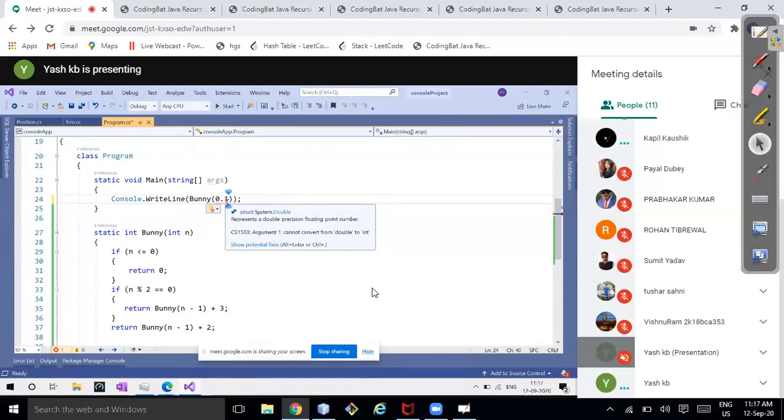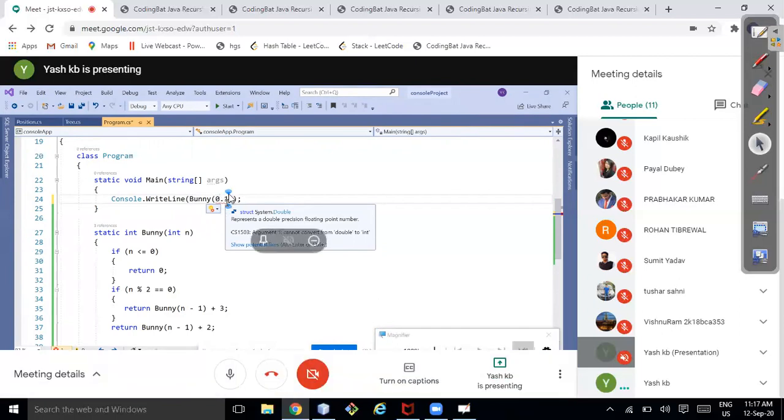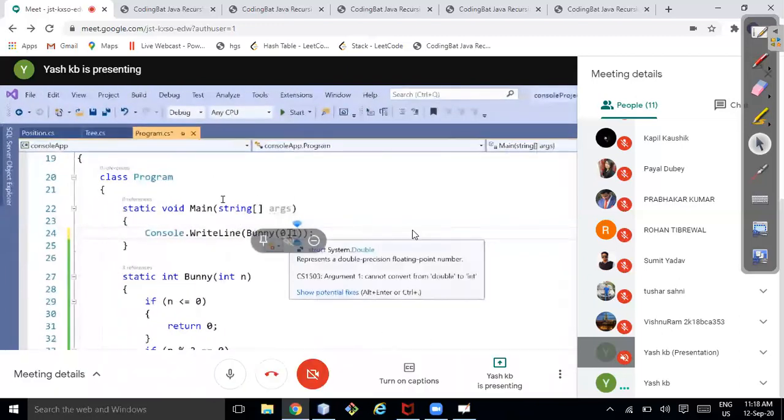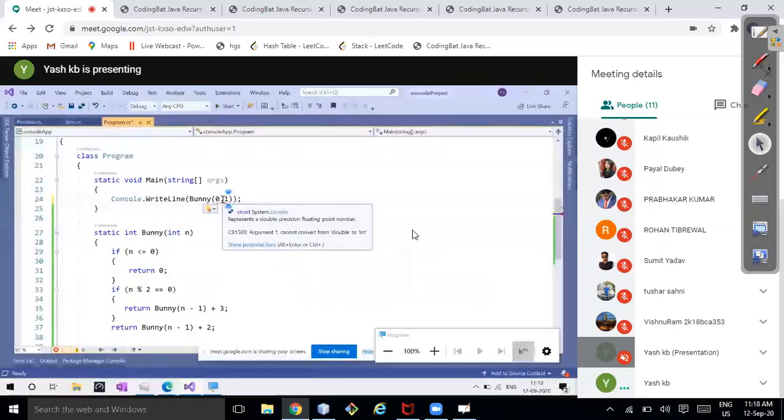Correct. Now your function is very correct. So your function is expecting int n, so whatever the range of int, it will be accepting, right? Now it won't accept any number other than an int value. Whatever int value will be there, it will be accepted. That's good. Now just make it 2, as an input.